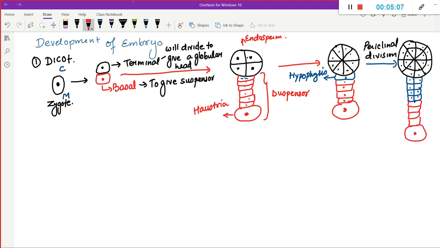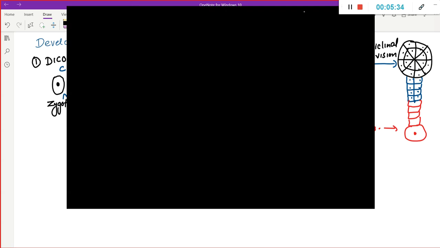Okay, now these three stages which we have represents our globular embryo. Now, talking about this globular embryo, what do we see here is, we can divide this globular embryo